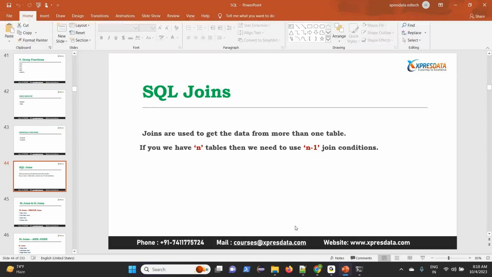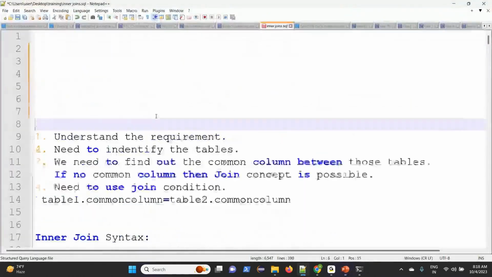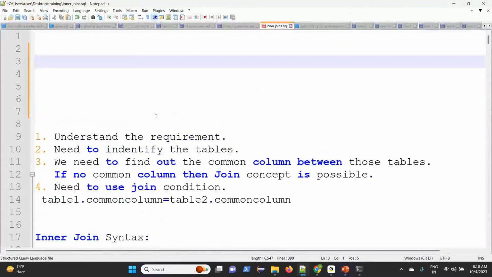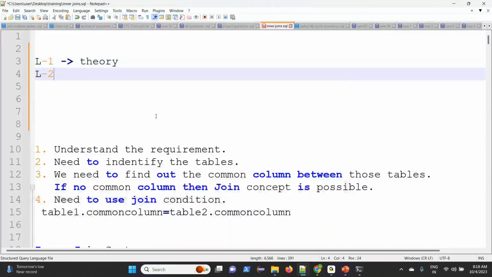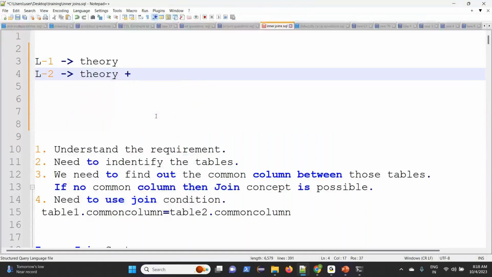Outside, I'll just give you a small clarification on this. There is the L1 category of people, who focus only on theory. L2 people focus on theory plus practicals.